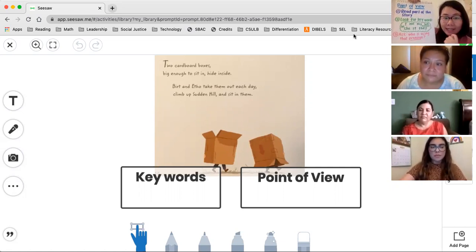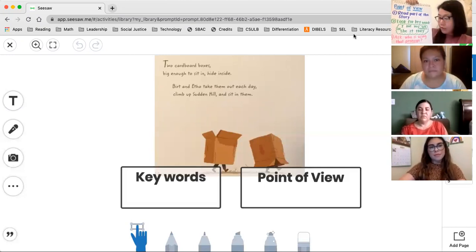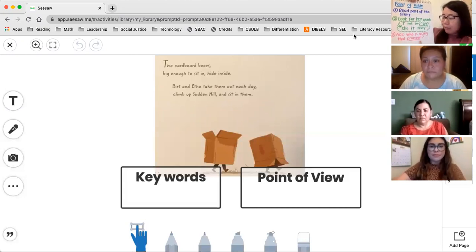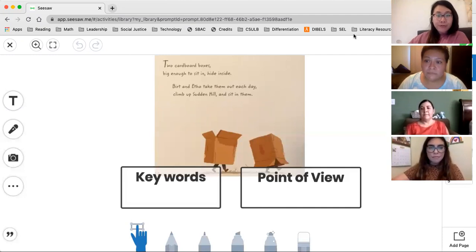But there's one thing I added today, and it's the word names, because name is not a pronoun, but if we see names, that's going to be one of the keywords we look at too, because we should think about, well, who's saying that name? Who's using that name, so we can figure out who's telling the story. And we're going to ask the same thing, who is using that pronoun or now that keyword, okay? So the teachers and I are going to model for you the first three actually. And so what we're going to do is we're going to read the first one, and I'm going to have our teachers think of what keywords do you hear and how can we talk about how that's going to give us information about who's telling this story.